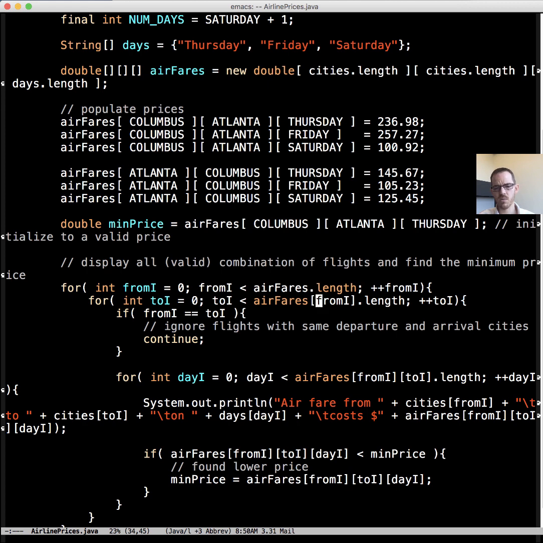And while we're displaying it, we're also going to look for the lowest price. Notice this first one is how many elements are in the outermost array. That's our from index.